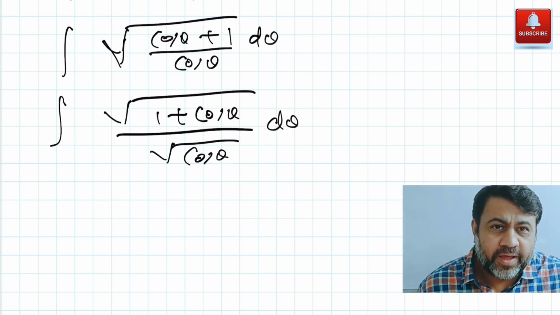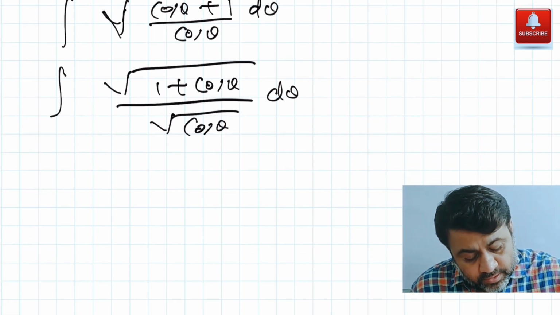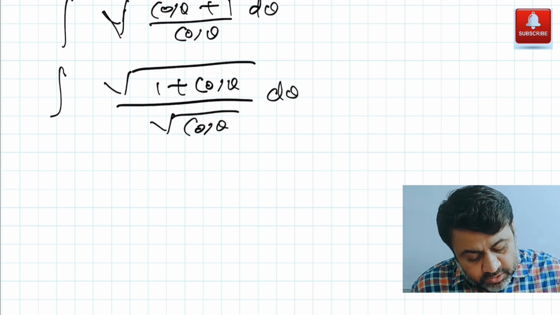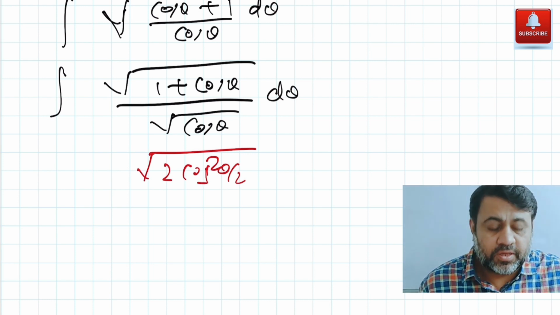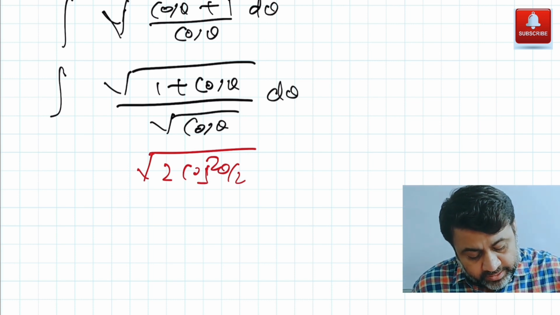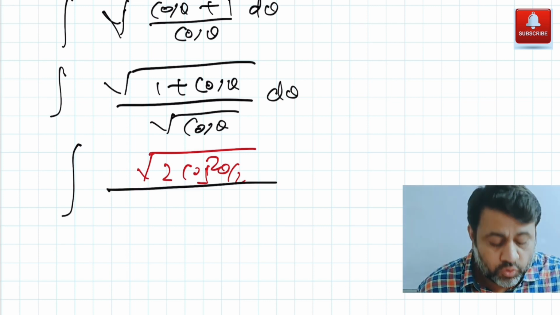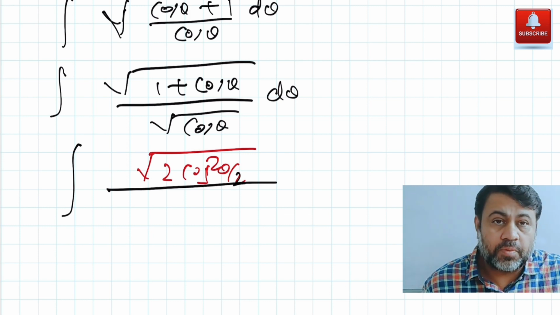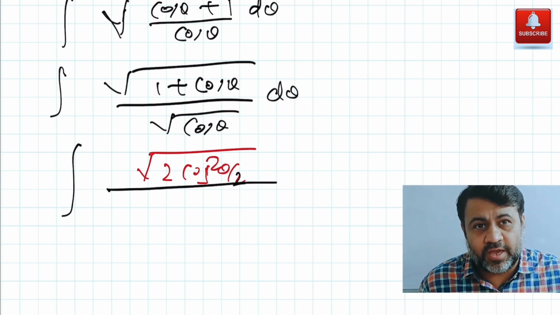So I am just going to apply some trigonometric formulas here. We discussed 1 plus cos theta just now. Instead of 1 plus cos theta, I am going to write 2 cos square theta by 2. Now this step, this trigonometric simplification, at times is a bit difficult for many if you don't put enough effort to remember those trigonometric formulas. Make sure that you put enough effort. Next is under root cos theta. I gave 4 formulas for cos 2 theta just now, and one of them has to be applied here.